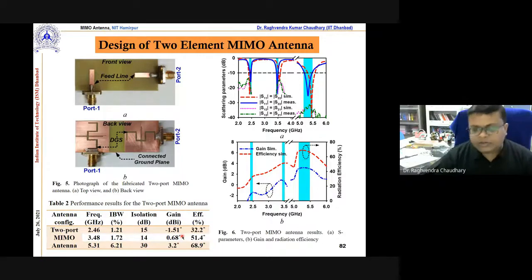We made an attempt to build multi-band antennas, but there are some limitations, and the limitations are in these parameters. With this, I cannot expect this work to be accepted in a good journal. So we introduced